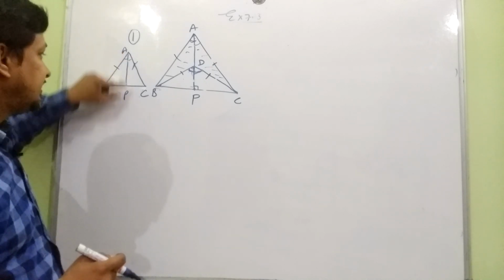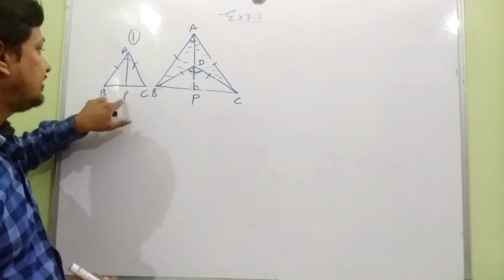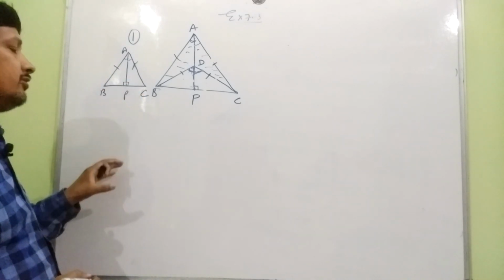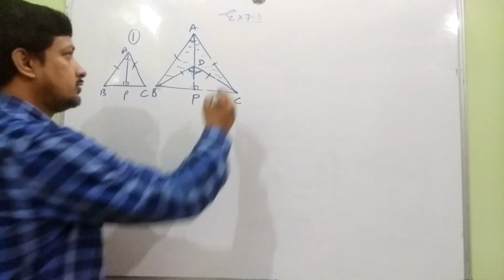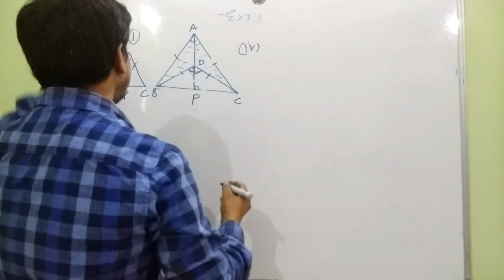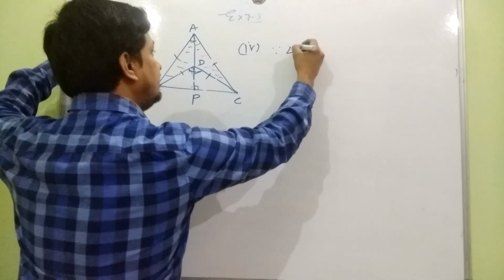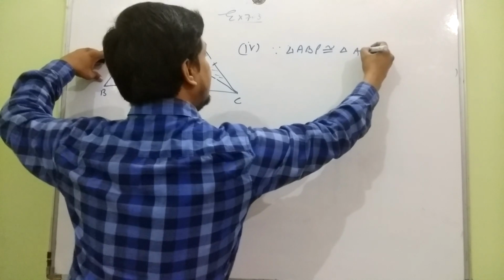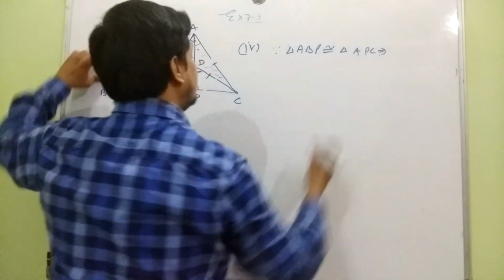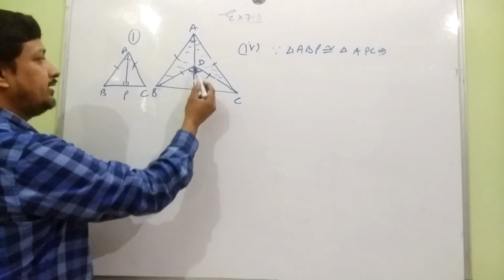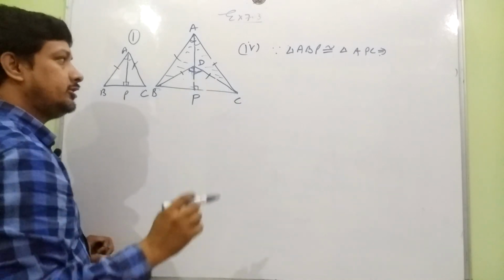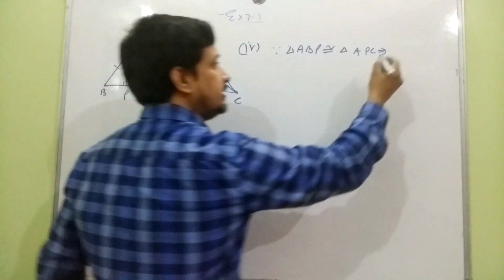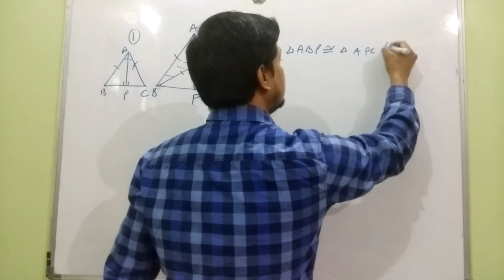एक तो ये इसको बाइसेक्ट कर रही है, दो इक्वल पार्ट्स में डिवाइड कर रही है, और दूसरा 90 का एंगल भी बना रही है. सो इट इज परपेंडिकुलर बाइसेक्टर, ये हमें प्रूव करना है. सो फॉर फोर्थ पार्ट we know since triangle ABP is congruent to triangle APC. आप ये भी ले सकते हो कि BDP और DPC congruent हैं, इससे भी हो जाएगा, और ये बड़े वाले ट्रायंगल्स congruent दिखाए थे उससे भी हो जाएगा. ठीक है.